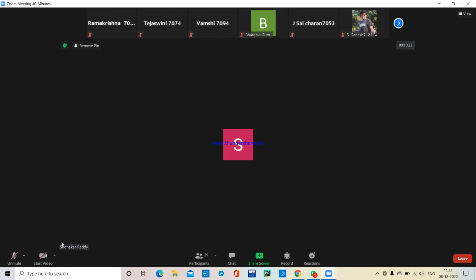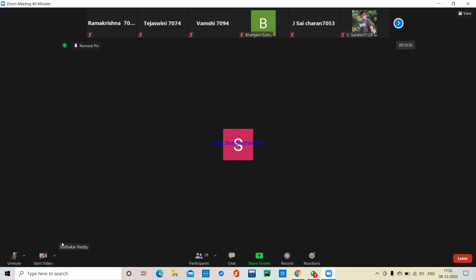Stack means last in, first out, LIFO. Queue means FIFO. In a stack, the last element gets deleted first, and in a queue, the first element is deleted first. That is the only difference between stack and queue.